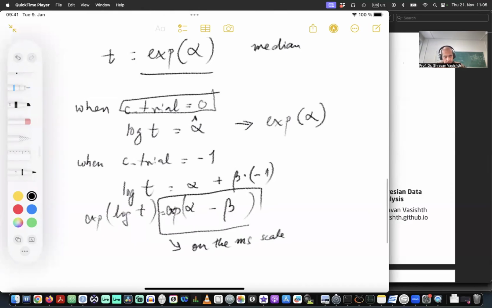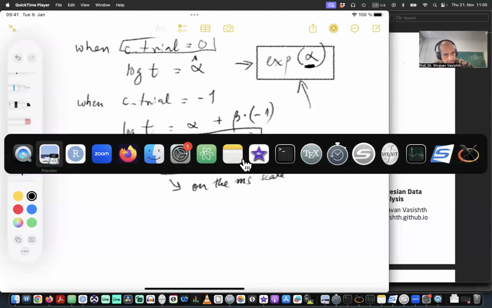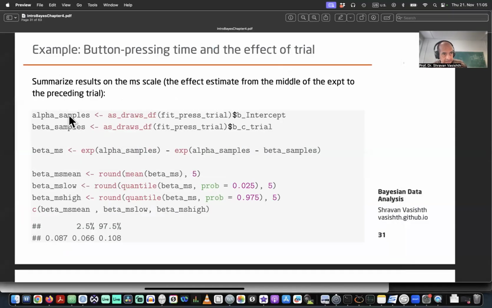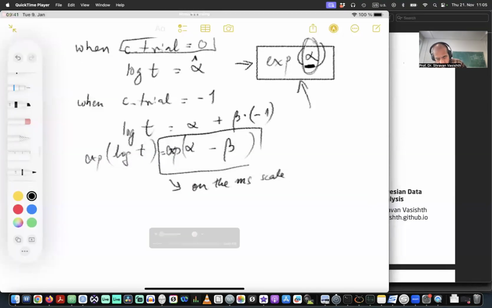So this is a vector, because this is a posterior distribution. If you remember in the code, alpha samples are the 4,000 samples from the posterior distribution. So when I'm writing alpha here, I'm talking about those 4,000 samples, and I'm exponentiating those 4,000 samples. So if I take those 4,000 samples and subtract from them